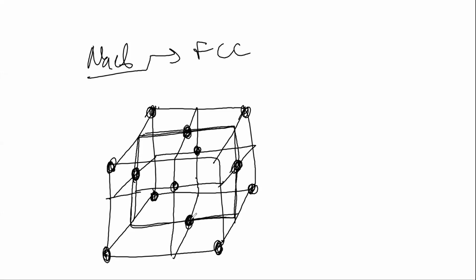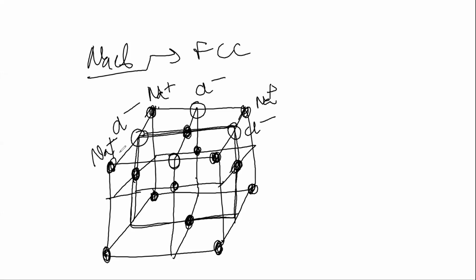Now I have atoms at each of the faces: 1, 2, 3, 4, 5 and 6, so 6 atoms. Now see here, students, I'll have one more atom here. Alternately, if this is sodium plus, this would be Cl minus. These are sodium ions, these are Cl minus ions. Again I have sodium and Cl minus, so they are alternately arranged, and the first nearest neighbors are always the opposite type of ions. For sodium, the first nearest neighbors are chloride ions, and for chloride ions, the first nearest neighbors are sodium.